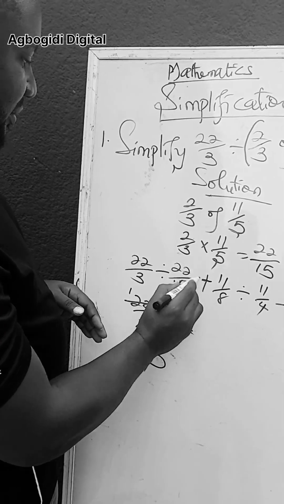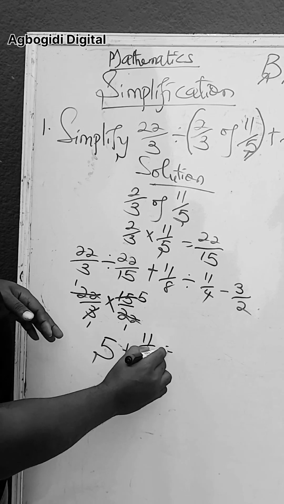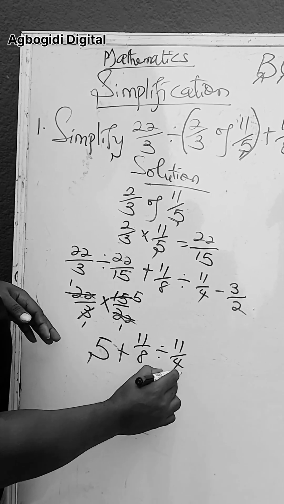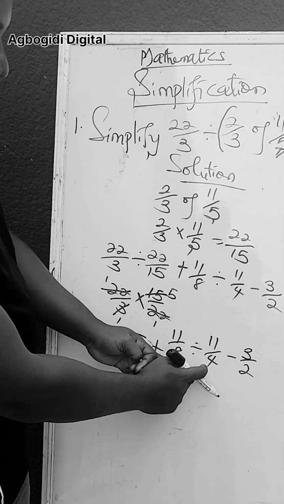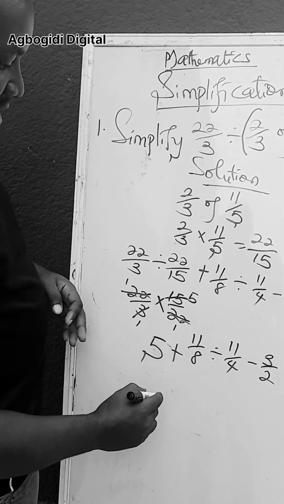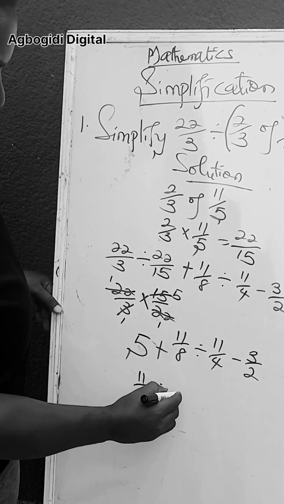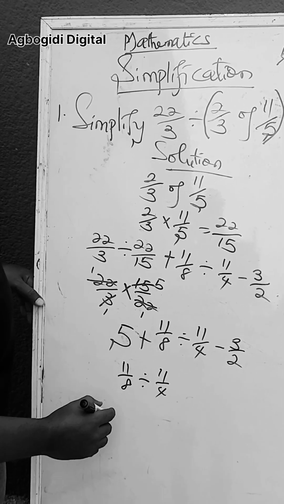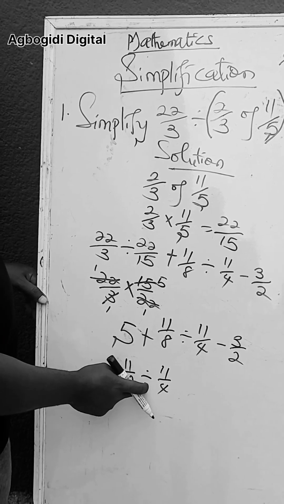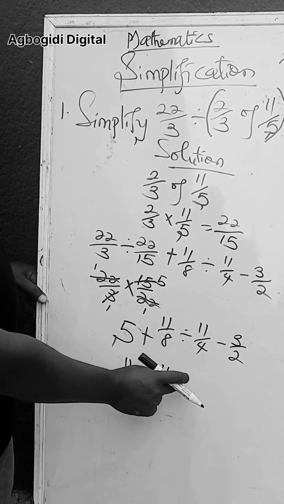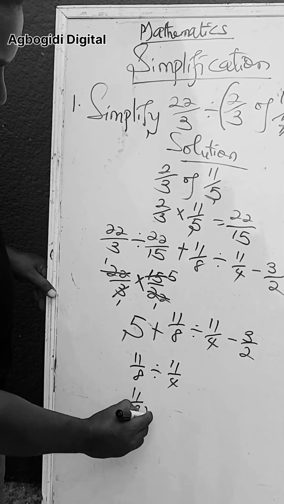Now you bring in this plus sign. You have 11/8 divided by 11/4 minus 3/2. Now we still have divisional sign here, so we have to solve these two again. Solving these two, we have it as 11/8 divided by 11/4. You have to change this sign again to multiplication sign, and then when you change it to multiplication sign, this improper fraction will change to proper fraction. You have it as 11/8 multiplied by